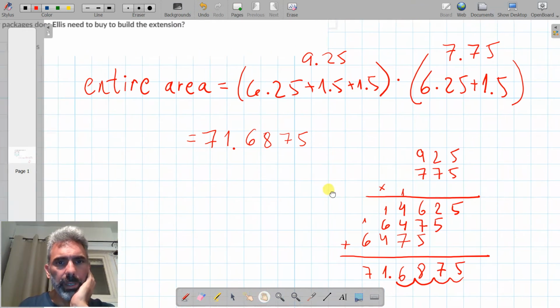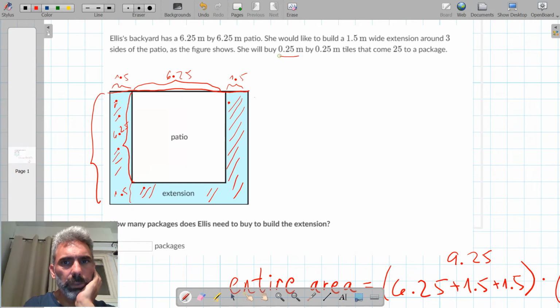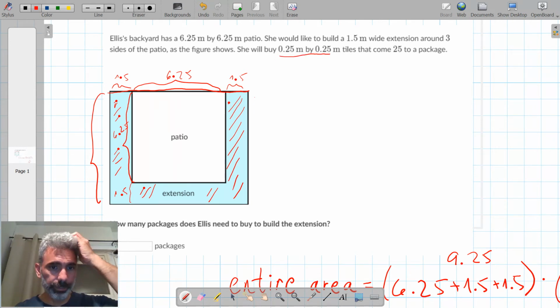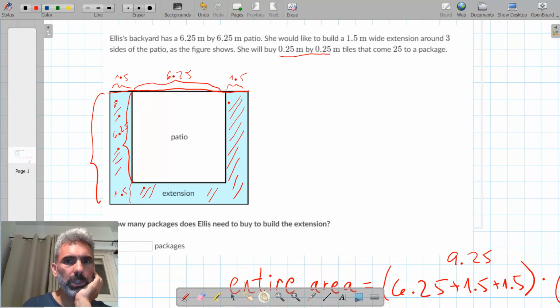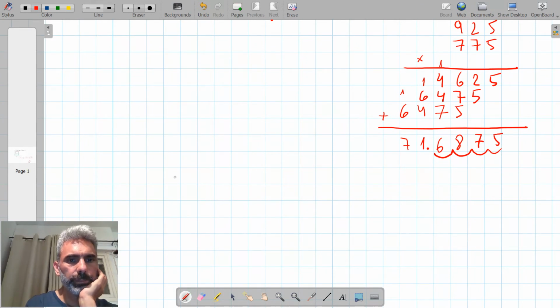Okay, now I need to calculate the area of one tile, because I need to know how many tiles she needs to buy. Then I will have to divide it by 25 because there are 25 tiles in the package. But first I need to know the number of individual tiles that I need. Okay, so each tile is 0.25 by 0.25, so tile area is